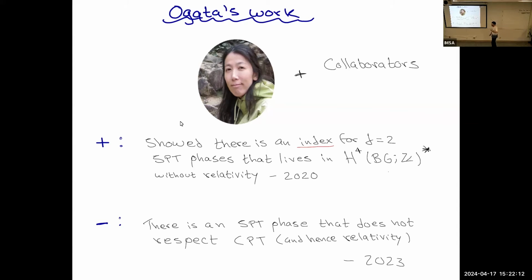Or the other way around, are there systems that could be connected to the trivial phase? Because if we break Lorentzian symmetry, you don't get it. You don't have this trivial invariant anymore.